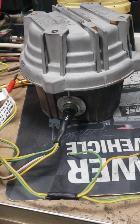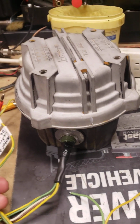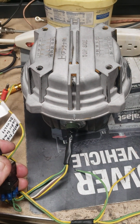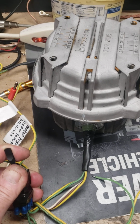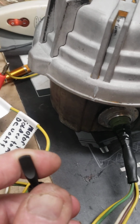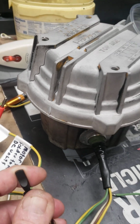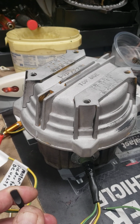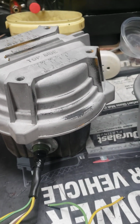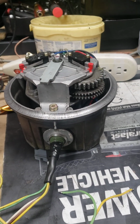Okay, now we're going to go the other way. Get up here a little bit better so you can see it. Okay, we're right even with the connector. That little mark right there is going to go over here a little bit. That'd be like the 470 mark. Here it goes. How about that, huh? It popped up so far the gear stopped turning. And see, it did not